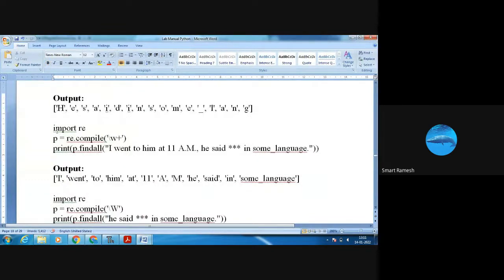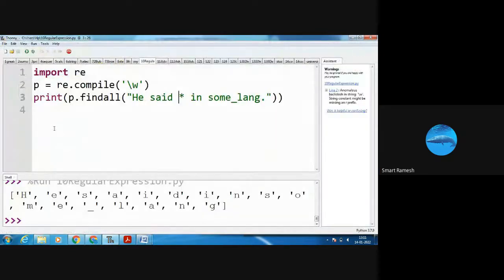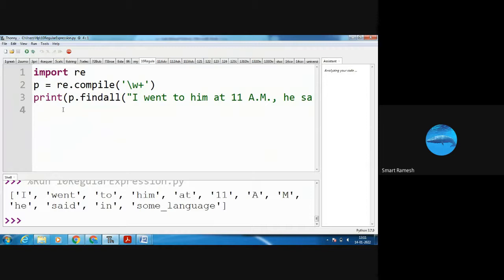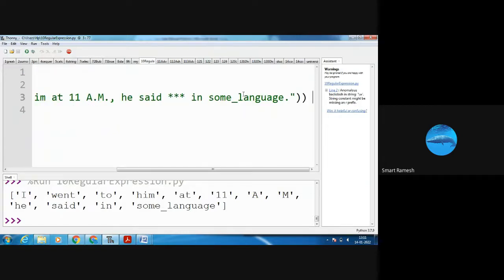Next one, \w+. \w+ gives the result where each word is separated. Here white space and star are missing.